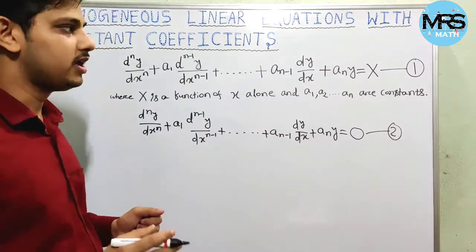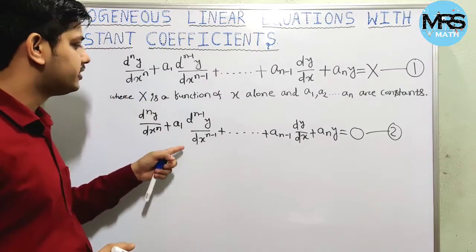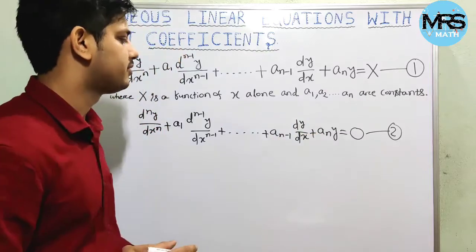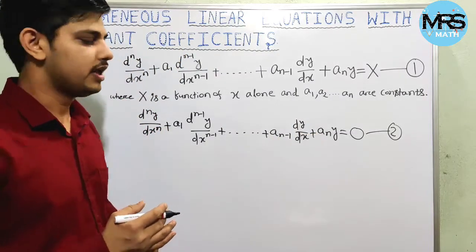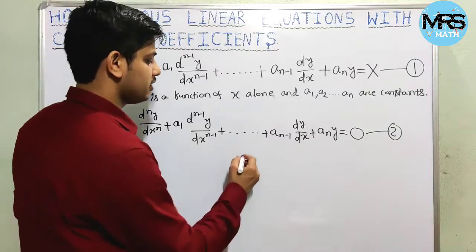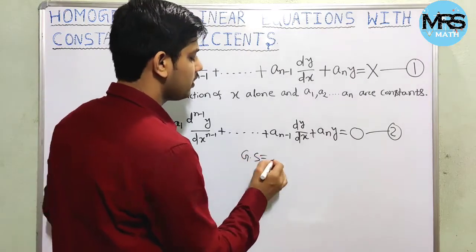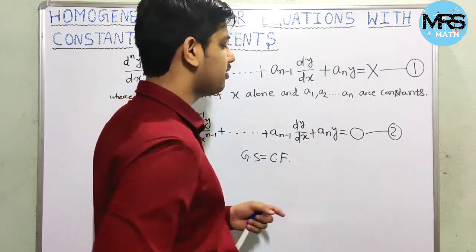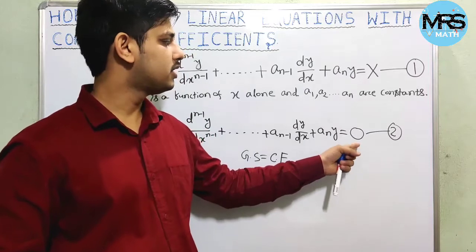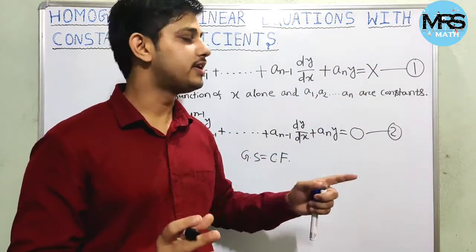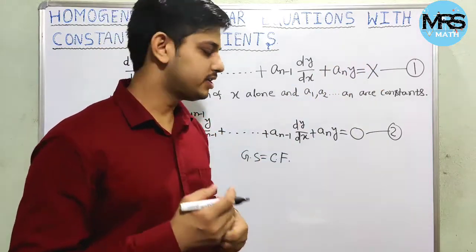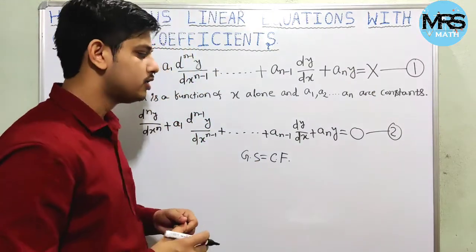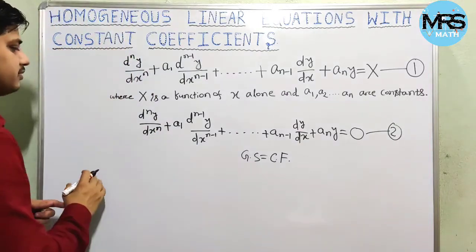So I think you are clear that today I am going to discuss this type of differential equation, right? What will be the solution of this type of differential equation, that we are going to discuss. Here the general solution will be only the complementary function, because the particular integral in this case will be 0, since we get the particular integral from the term X, and that is 0 here. So the general solution will be only the complementary function, okay? Let us discuss this type of equation.